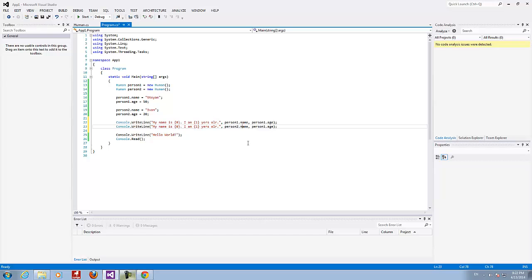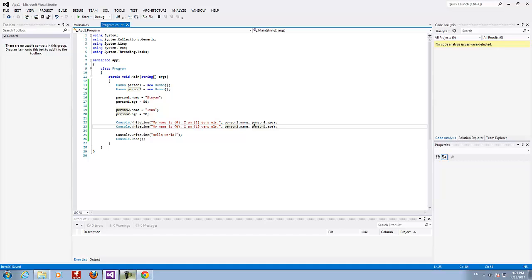I'm just gonna say person 2. Okay, we have discovered the programming tools in the language which will allow us to have one object with properties. We said that how we want to describe the objects from the reality is by having properties and behavior.